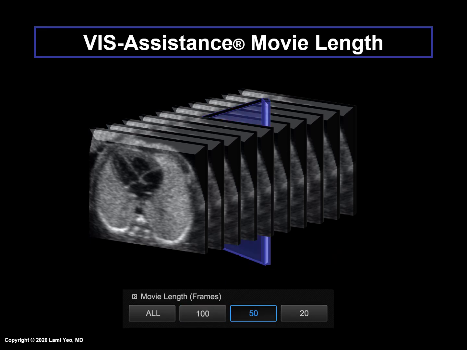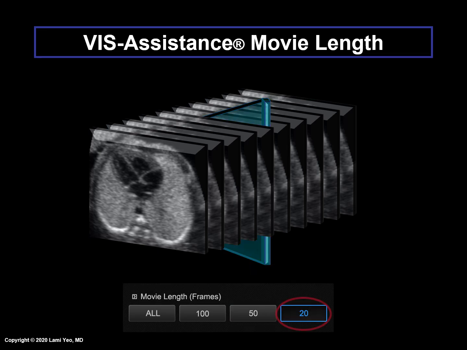In another example, the user has chosen 50 total frames for the movie length. The specific frame of interest is shown in blue. The Find software divides the 50 total frames by 2. Therefore, there will be 25 frames before the frame of interest and 25 frames after the frame of interest.